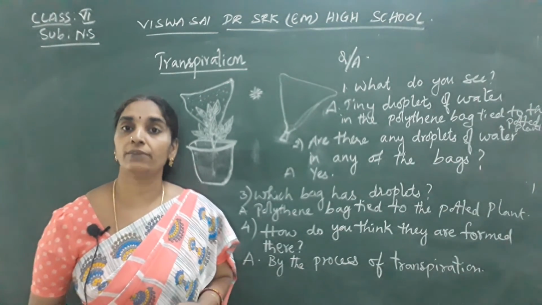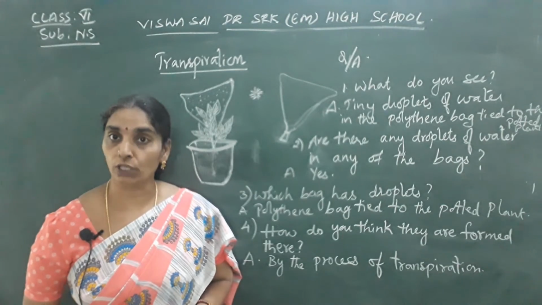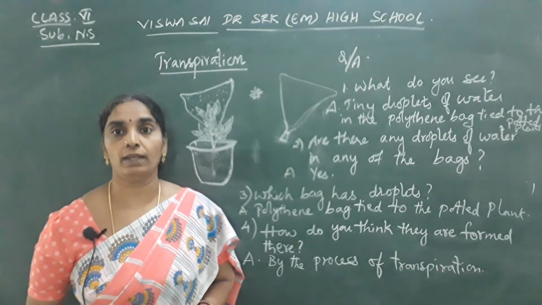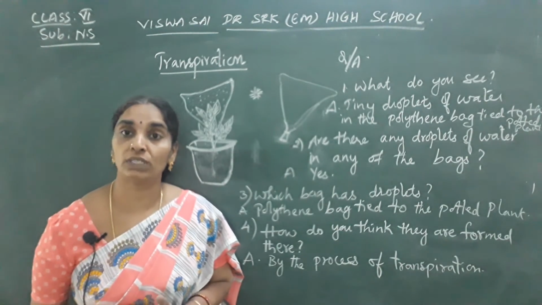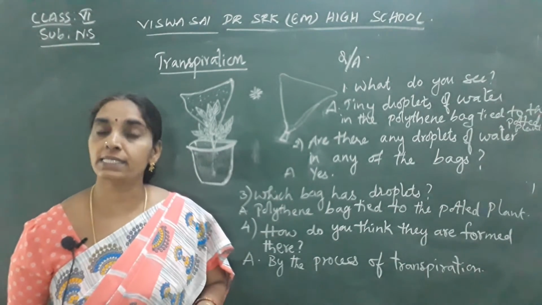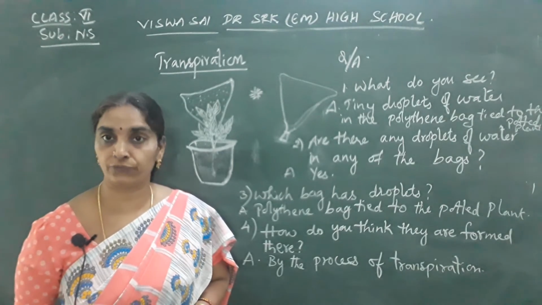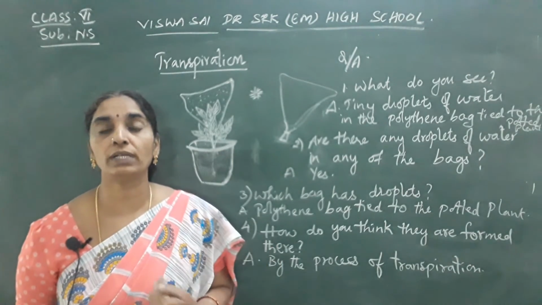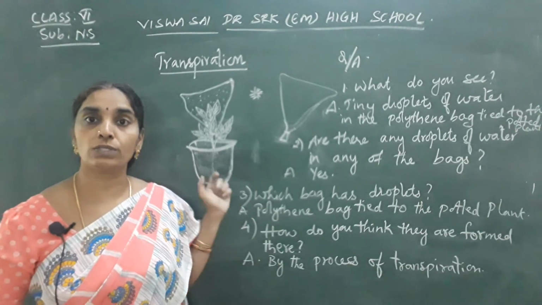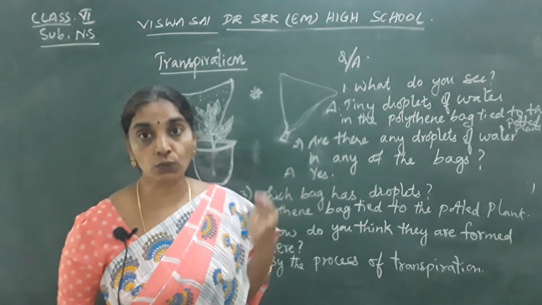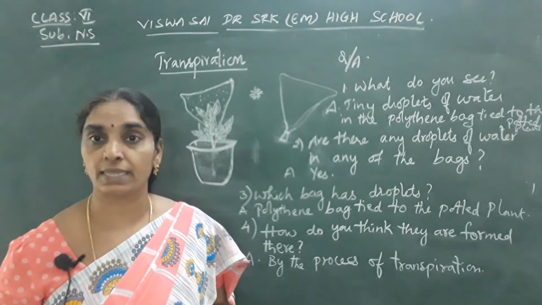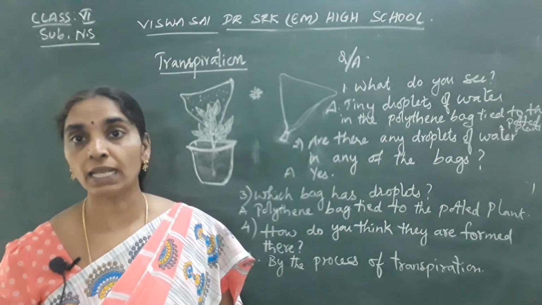What are their functions? Their functions are absorption of water and mineral salts from the soil, fixing the plant firmly into the soil, and we have also learned about the different types of root systems too. Okay, and the shoot system, which contains the stem, leaves, flowers and fruits, where the stem conducts the water and mineral salts from the roots to all the other parts of the plant, and it also stores the food, as the roots also store the food material in some of the plants. Stem also stores the food material in them.